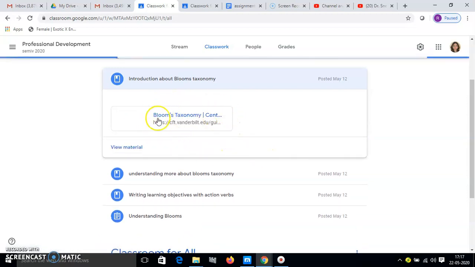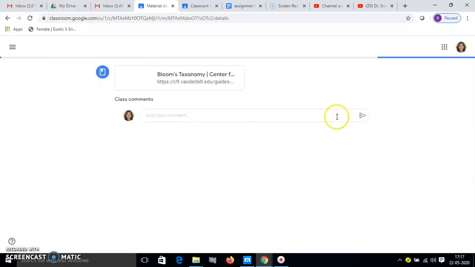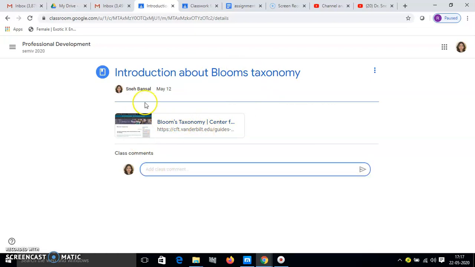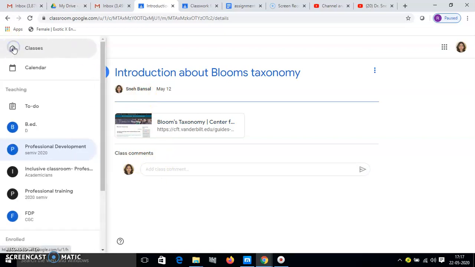This is one of the materials that is taken from open access sites. So you can use that for your students. It's taking a little bit of time to open. Okay, so the student can have a view of this, and you can also mention something. Here is the class comment, you can just write it down over here, the students.